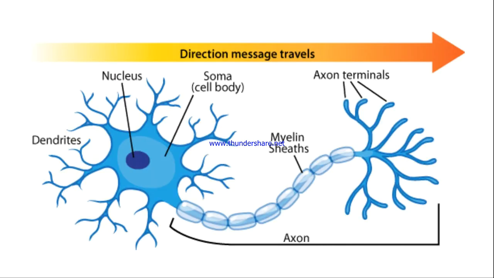Now let's come back to the diagram. As I told you, this is the cell body. The cell body has a nucleus at the center, and surrounding the nucleus is the cytoplasm. In the cytoplasm there are mitochondria, Golgi apparatus, lysosomes. The neuronal cell also has rough endoplasmic reticulum, which is surrounding the nucleus in the form of small granules, and it is known as Nissl bodies or Nissl granules.